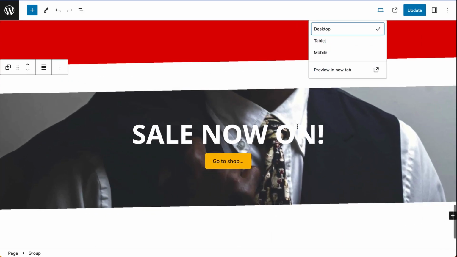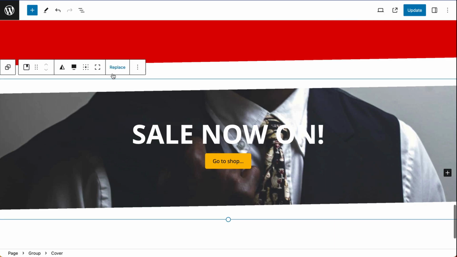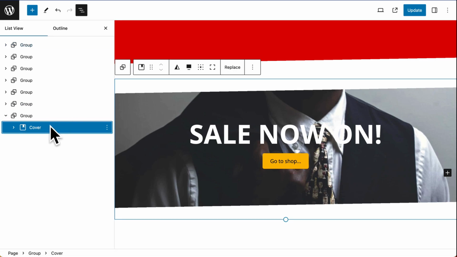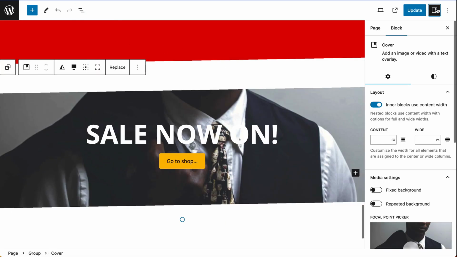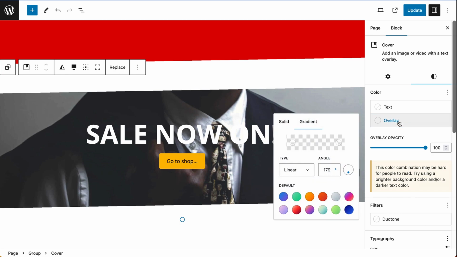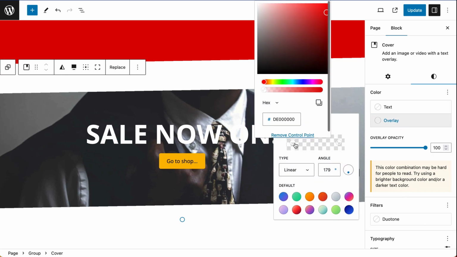So let's just resolve this contrast issue. What we need to do is go back to our cover block. From our list view, select the cover, go to the settings, and we just need to adjust the alpha transparency of the color. Now ensuring that I've got my color point selected, adjust the opacity. Now if you don't want to use the red color, you can darken the image by changing it to black,